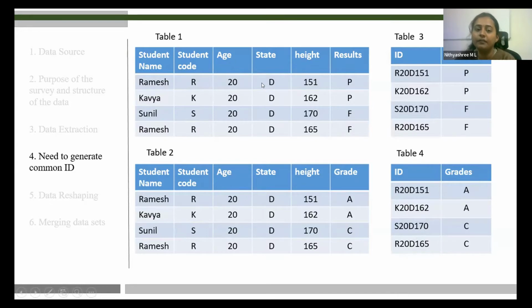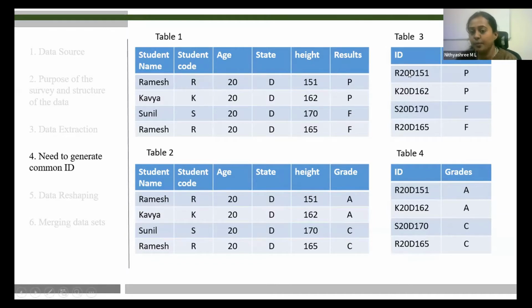So we need to identify variables in such a way that we identify the basic unit. The basic unit in our NSSO data is the household, right? So after identifying this kind of variables, you need to concat or merge. You are not going to add or subtract, you will just arrange these details in a single row, single column. That is R20 D1 51. Here, what happened? There is no way the first and second Ramesh details can shuffle. The chances are very minimal.